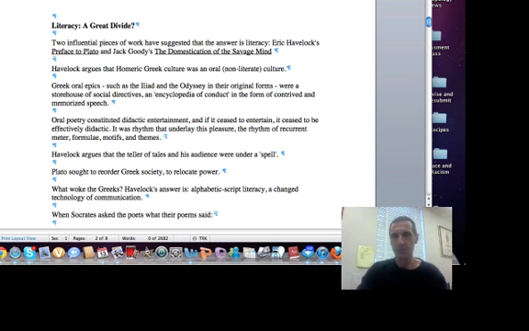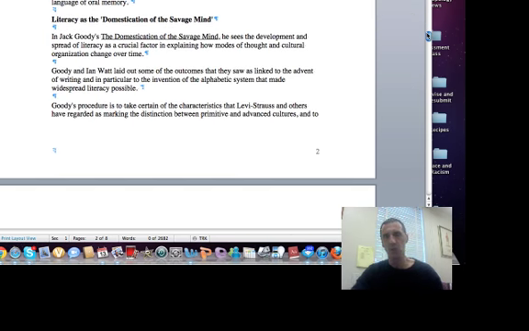Now, a second influential person who argued for this great divide between oral and written was Jack Goody, who was an anthropologist. Goody moved in his book, The Domestication of the Savage Mind, beyond Greek culture to modern non-literate and semi-literate societies. He saw the development and spread of